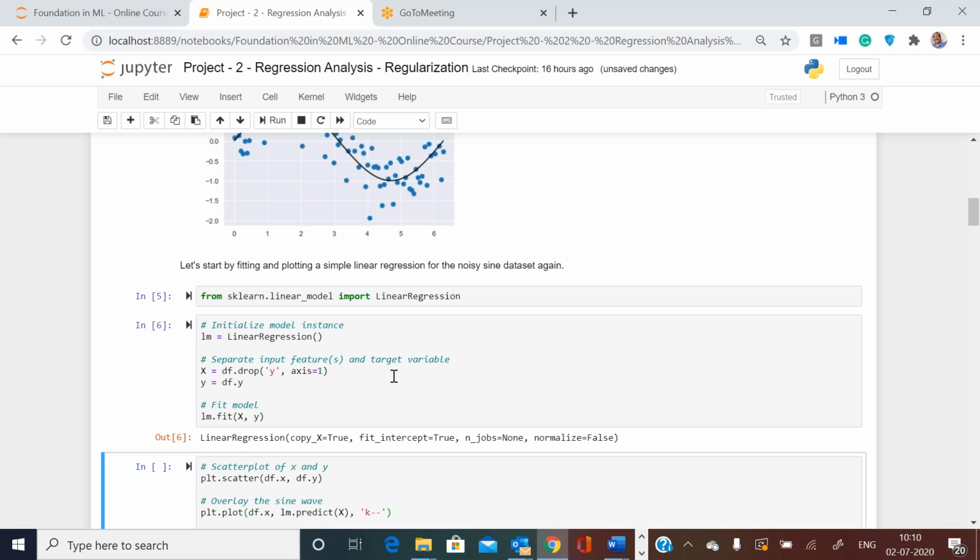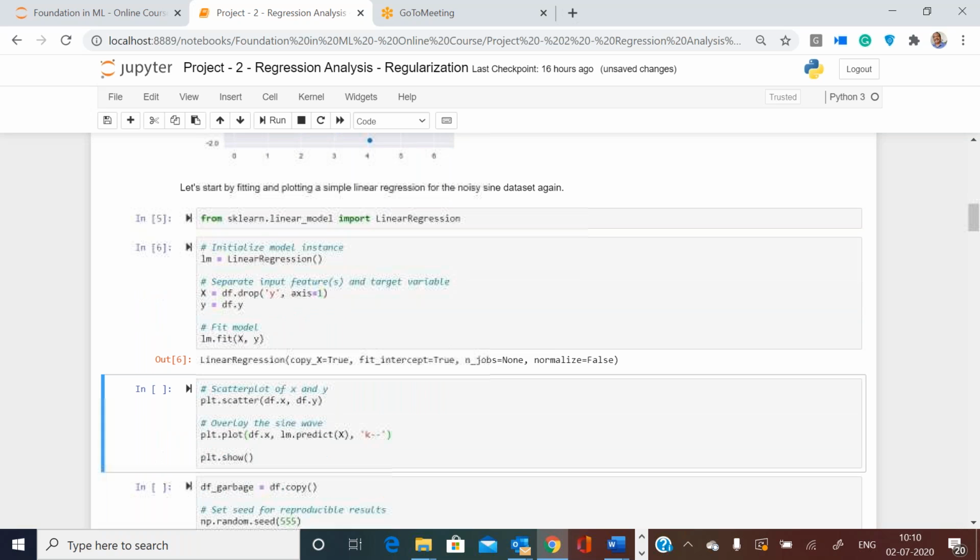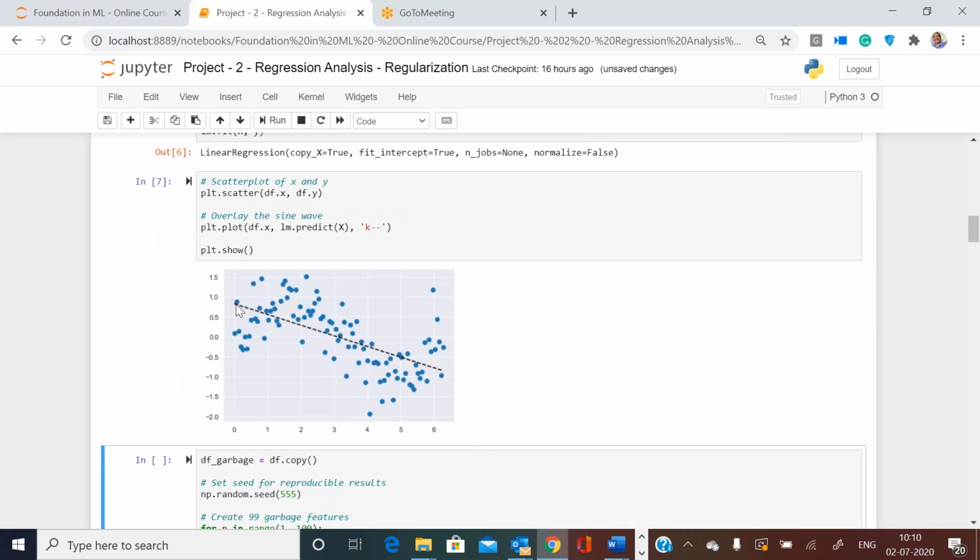Then my model understood the data and calculated a set of coefficients, and with those coefficients, whatever x values I give to lm.predict, 100 values, 100 y hat values are calculated for the same training values. The testing data is not separate. I am calculating predictions on the same training values based on the model that has been created, and I am plotting both of them together, and my simple linear regression looks like this. This black dotted line is my model based on simple linear regression. So that is what we have done.